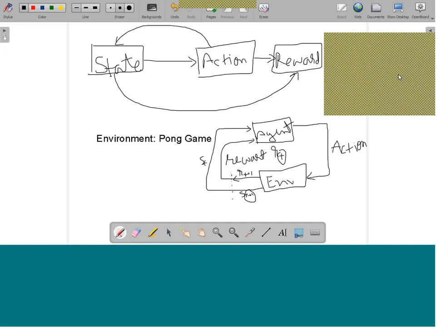Like here, the question is whether we have to add these two rewards, player one and player two rewards. No, we have to add only our own reward. And every time, see, time is important. At time t we are getting a reward, at t plus one we are getting a reward, at t plus two we are getting a reward, and we have to add those rewards only. The name of that reward is R. So understand it very carefully here.